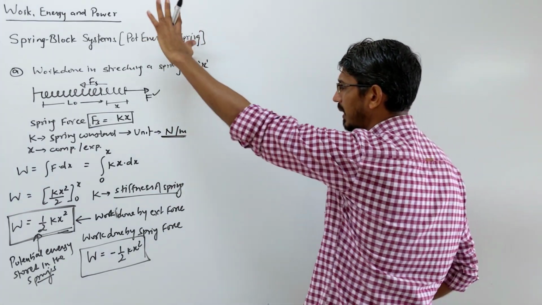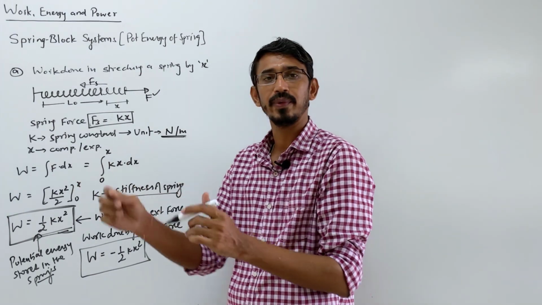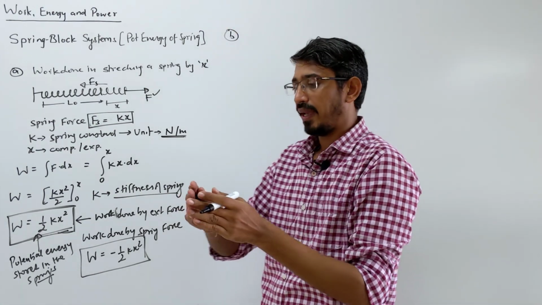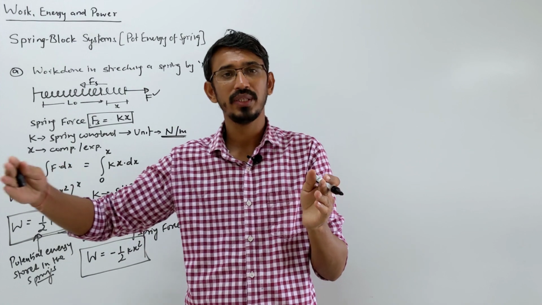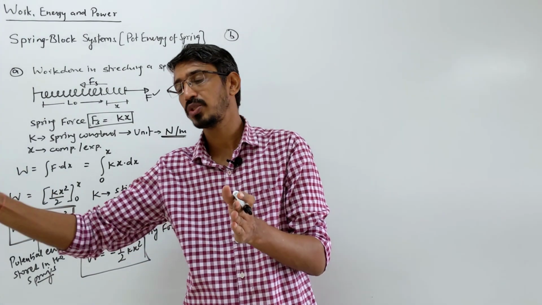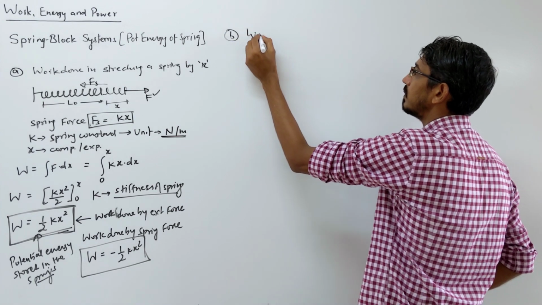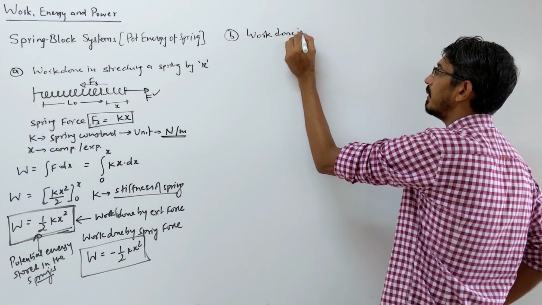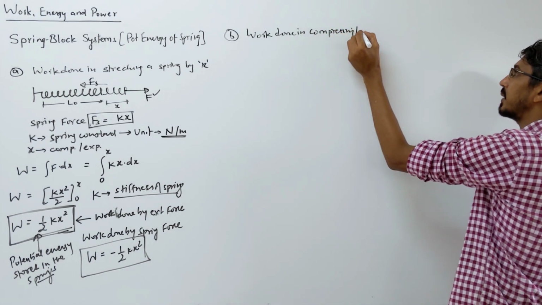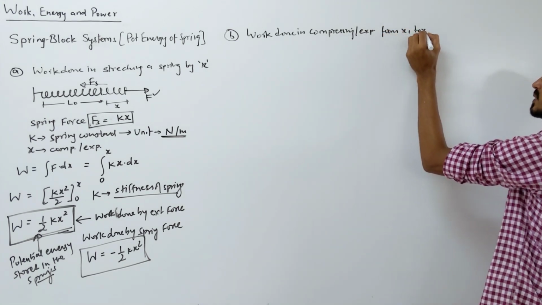Okay, now one question. Mainly the direct question is like this: work done in stretching from the natural length to x amount. Sometimes they will ask it this way: the same spring is already expanded or compressed by some amount and you want to go further, correct? Suppose it is already expanded by x1, and you want to go from x1 to x2. Then how much work will you do? Look here, let me write: work done in compressing or expansion, doesn't matter, from x1 to x2, that's all.